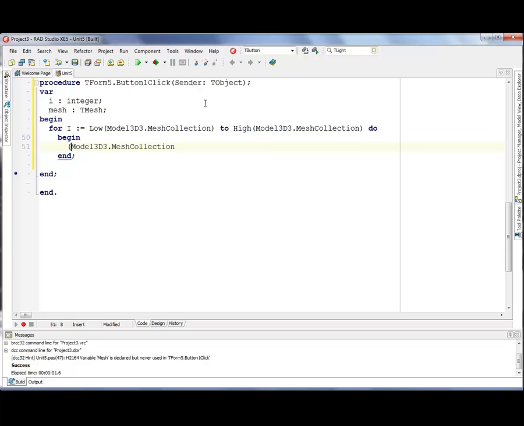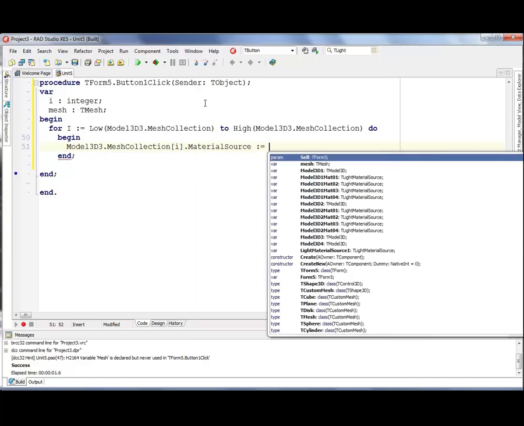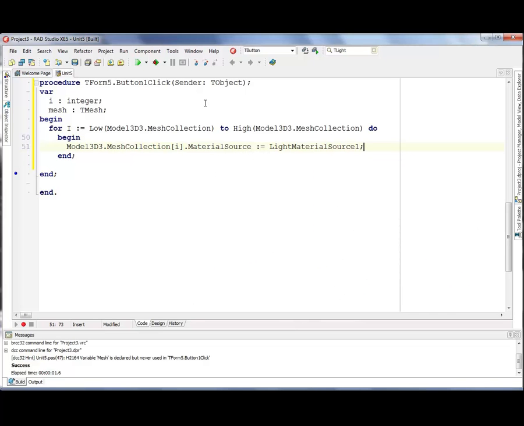Mesh collection, index I, material source, it's our newborn light material source. After all these iterations, we need to repaint